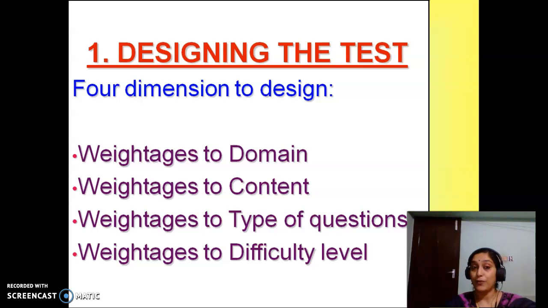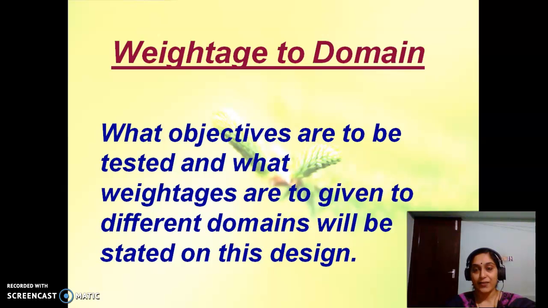It involves four dimensions: weightages to domain, weightages to content, weightages to type of questions, and weightages to difficulty level. Weightage to domain means what objectives are to be tested and what weightages are to be given to the different domains will be stated. As we know, Macomic and Yagar taxonomy involves 5 domains: